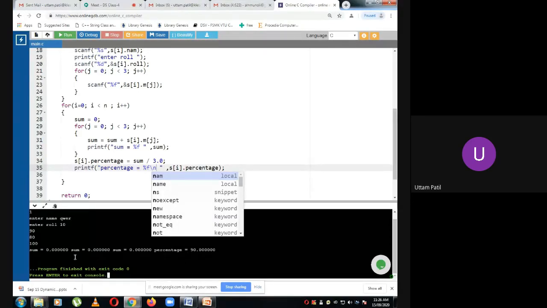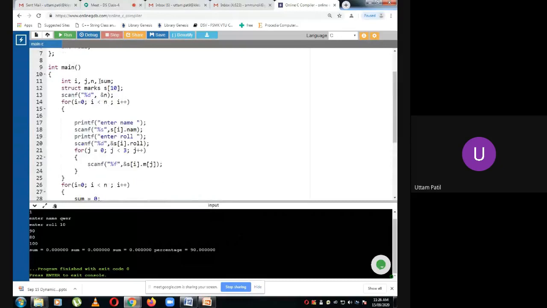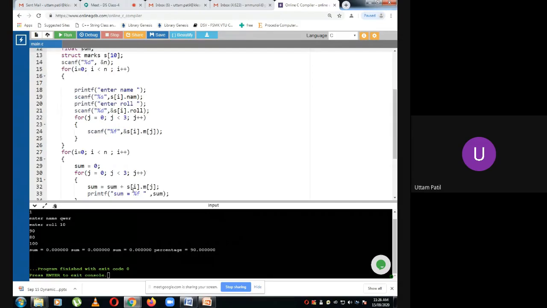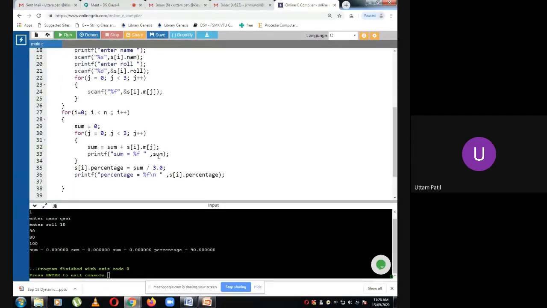Okay, there are some 0s, so somewhere it's not calculating the sum correctly. I think I've declared it as int. Yeah, that was the problem. Sum should be float. So I had written percentage F here. Okay, now it's all correct.